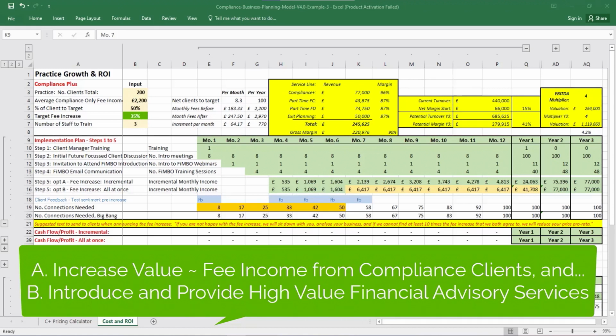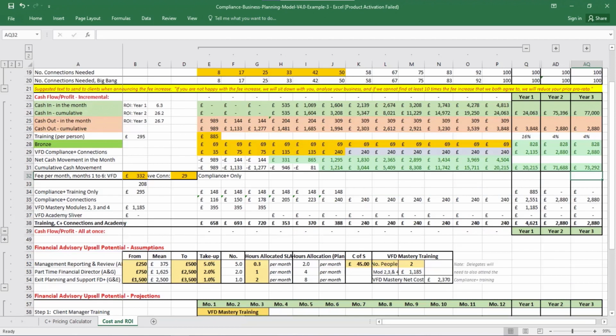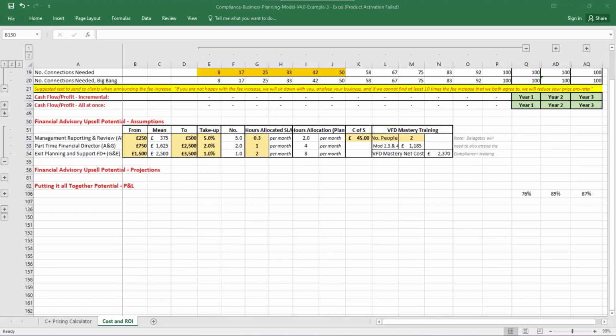If you want to work out what the costings would be for the incremental strategy, this can be found by expanding the next section using the plus sign to the left. And below that we have the section for the all-at-once strategy. And for both we can see the cash flow profile. But let's minimise both of those for now and look at the next section we can expand, which is the